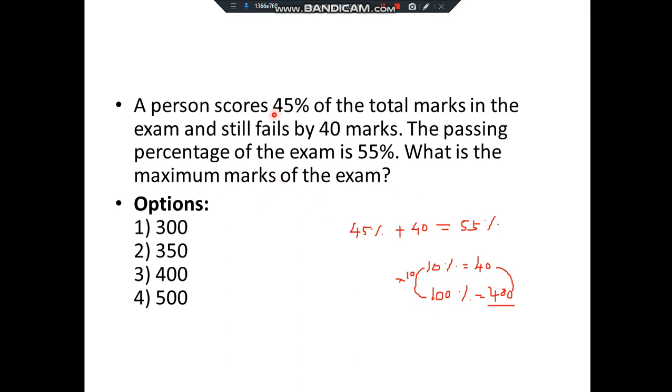We have seen this. See, so equating passing marks, 45% plus 40, because if he gets 40 more marks, he will pass. So 45% plus 40 is equal to, they have given the passing percentage as 55%. So on substituting, you get 10% is equal to 40. We want the maximum mark, which is 100%. You can just cross multiply and find the answer, or you find the relation 10 to 100, it is into 10. So 40 into 10 is 400. So 400 is the answer.